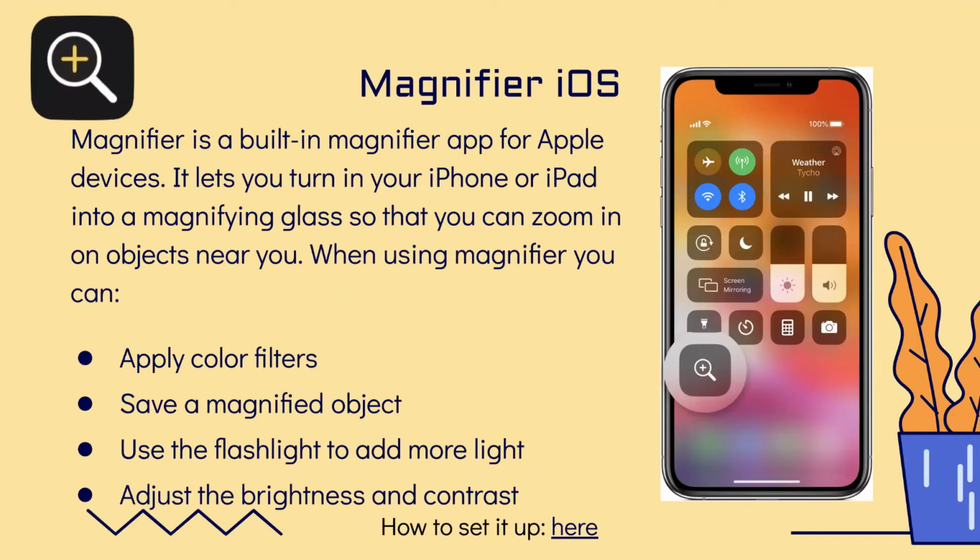Magnifier iOS. The Magnifier is a built-in magnifier app for Apple devices. It lets you turn your iPhone or iPad into a magnifying glass so that you can zoom in on objects near you. When using Magnifier, you can apply color filters, save a magnified object, use the flashlight to add more light, and adjust the